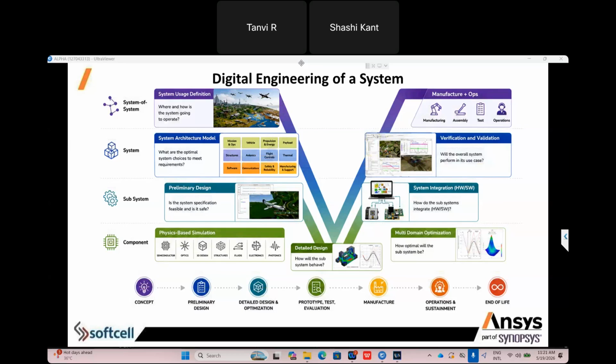Normally, what we are doing is structure separately, fluid separately, mission analysis separately, maintenance separately. If you do it separately, it cannot give accurate results. I will give you an example: water flowing in a plastic pipe.